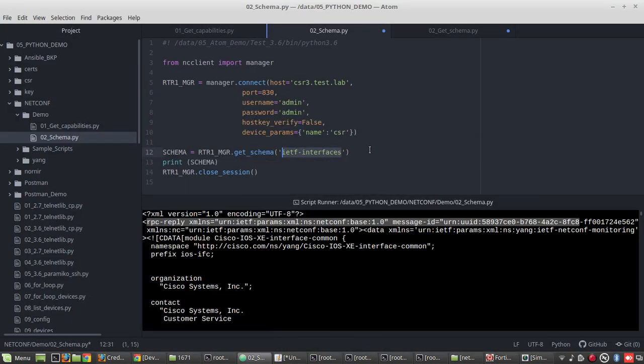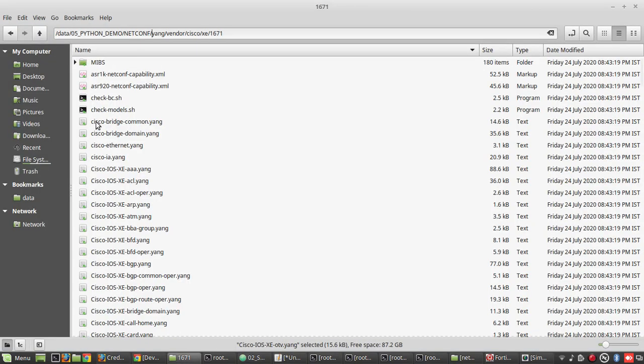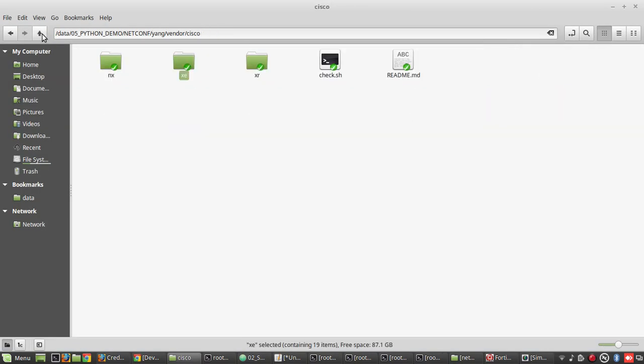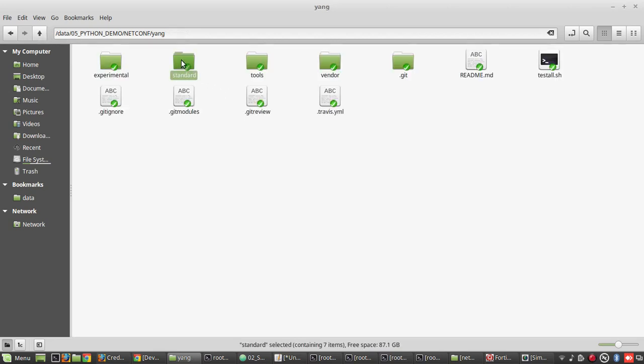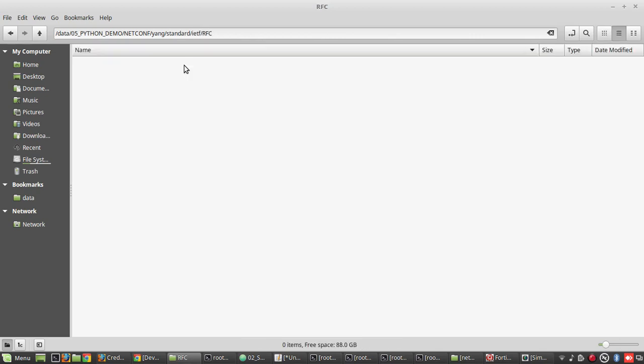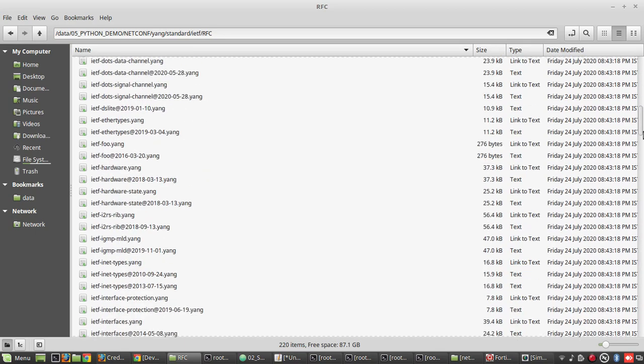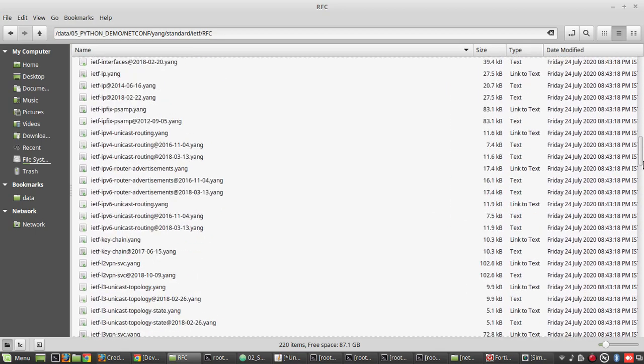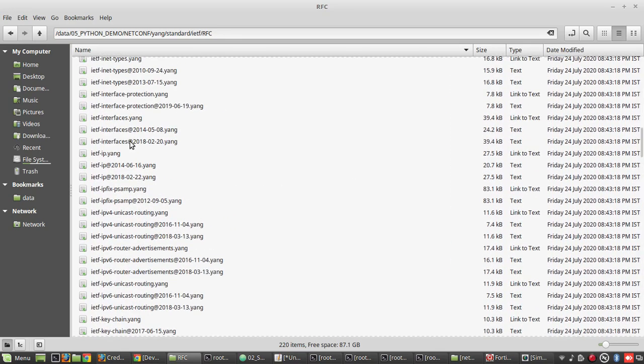If you want to verify that in the Git folder, it will be under standard IETF RFC, and here you will be able to see ietf-interfaces.